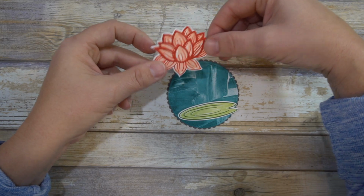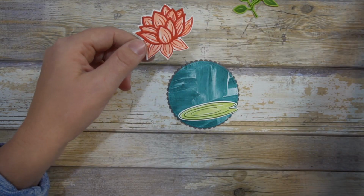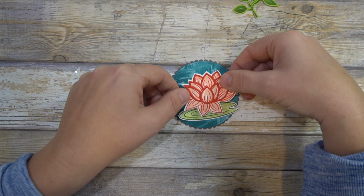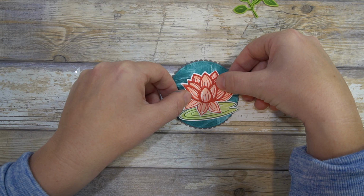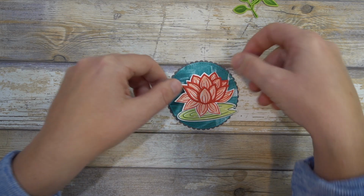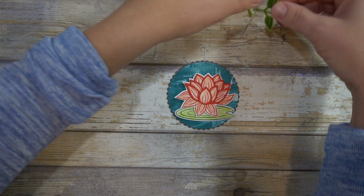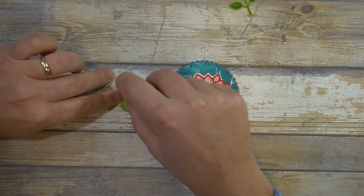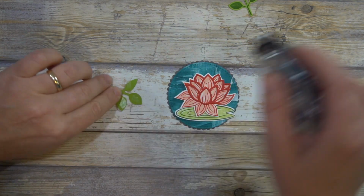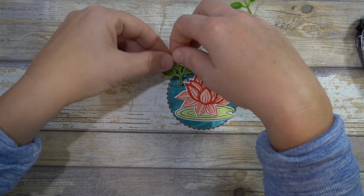So for this next part, you notice I use my snail. Usually I use liquid glue, and the reason is if I need to adjust this, I feel like the snail allows a little bit more flexibility that way. So I'm just going to lightly put this down, and now I'm going to arrange my leaves. Again, I'm going to use a little snail this time, which is very unusual for me because I'm very big on using my